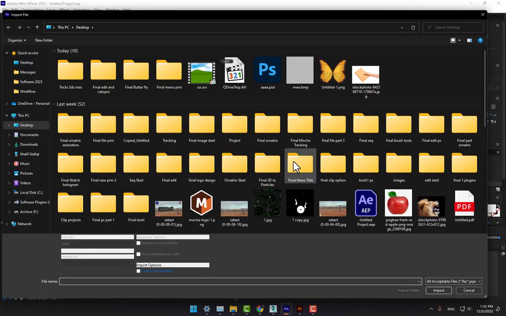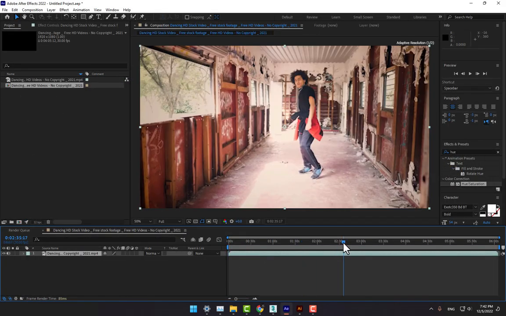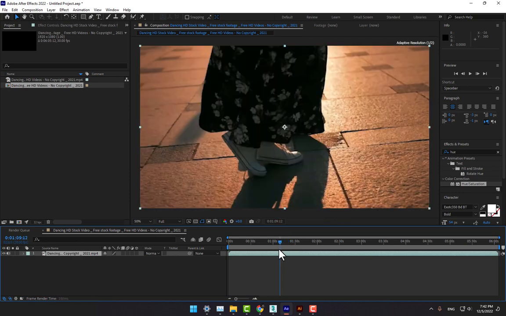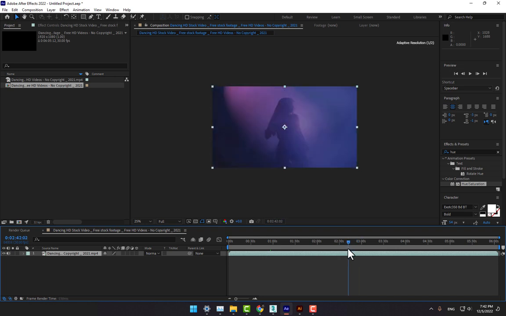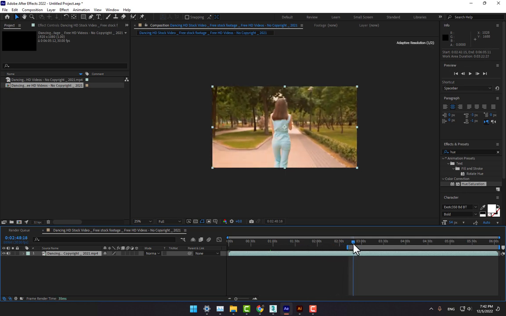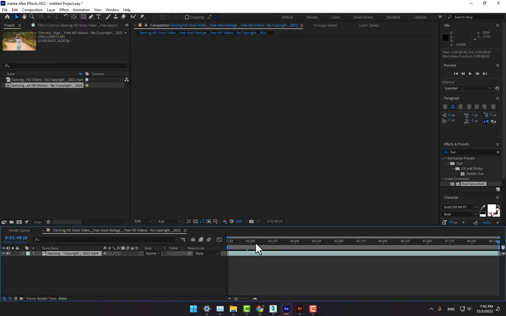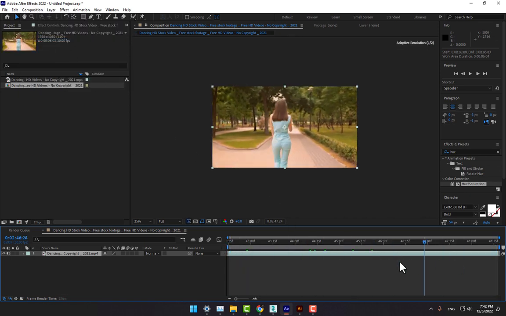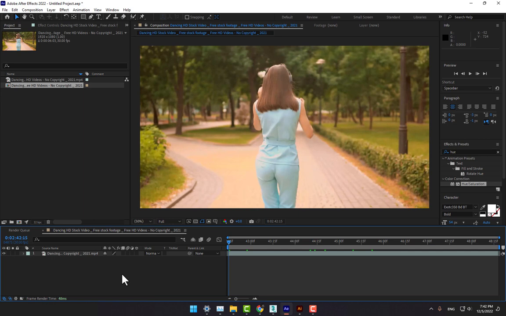Create a new composition, select your video and select one of the scenes you want to work on. I think this video is looking better. Go to the composition menu, trim comp to work area, play now. Good. So now turn off the audio